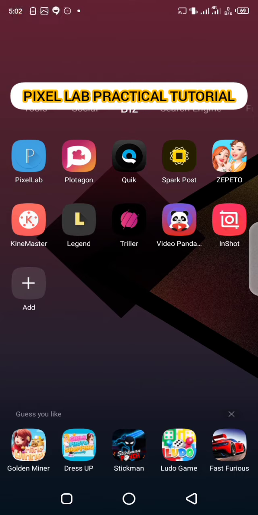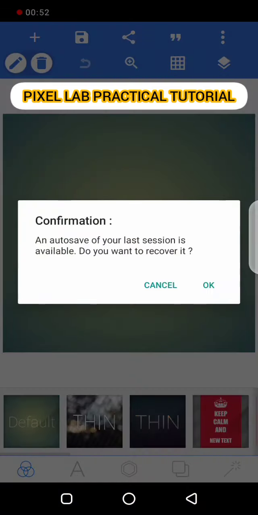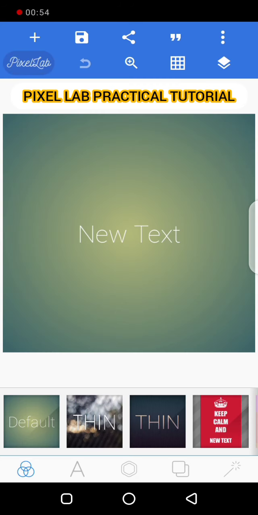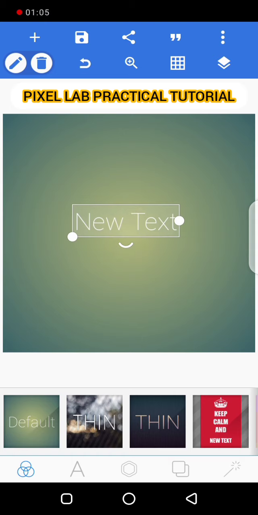So from there, here I believe we can all see the screen. I click on Pixel Lab. From Pixel Lab, this is what we're going to see after launching. So the first thing we do here is to edit this new text and we put some other things into it. And before we move there,